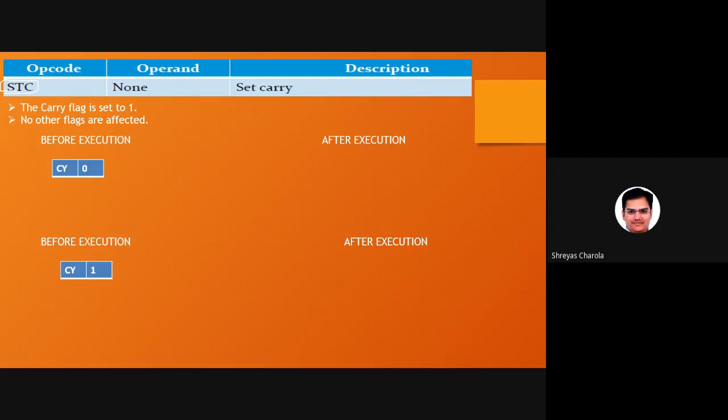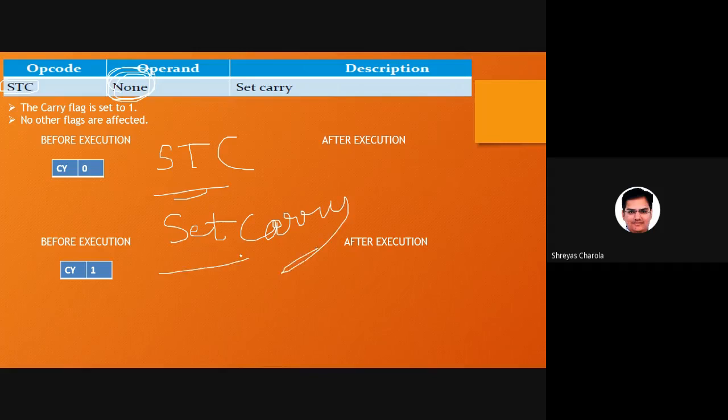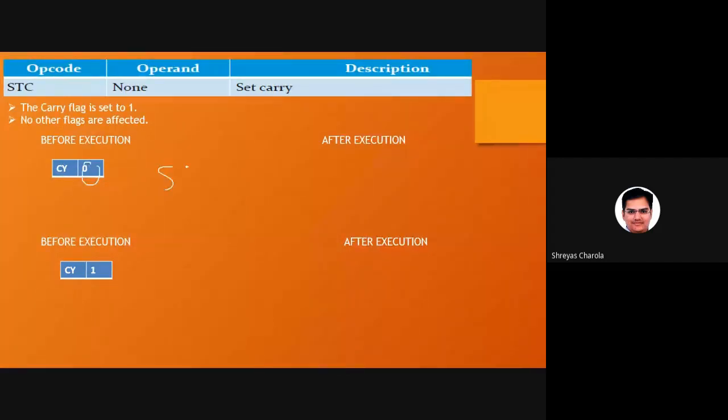Till now we have been able to do operations on 8 bits. Till now we don't know how to do an operation on a 1-bit operation. So what I am doing here, STC stands for set carry. There is no operand for this instruction. It's a simple set carry. So here the carry is 0. When you write an STC, this carry will be converted into a carry 1,